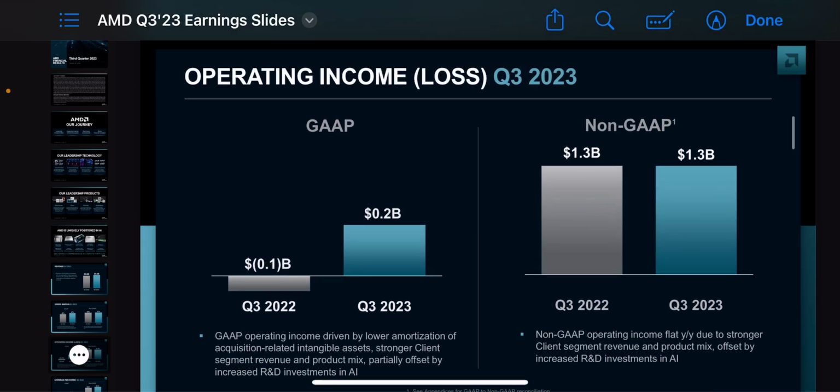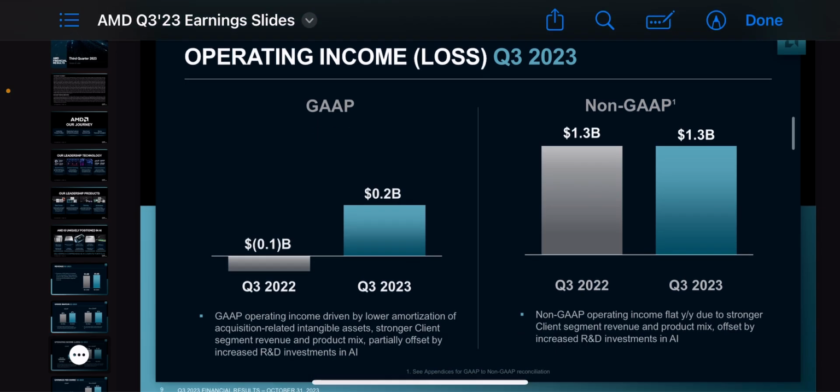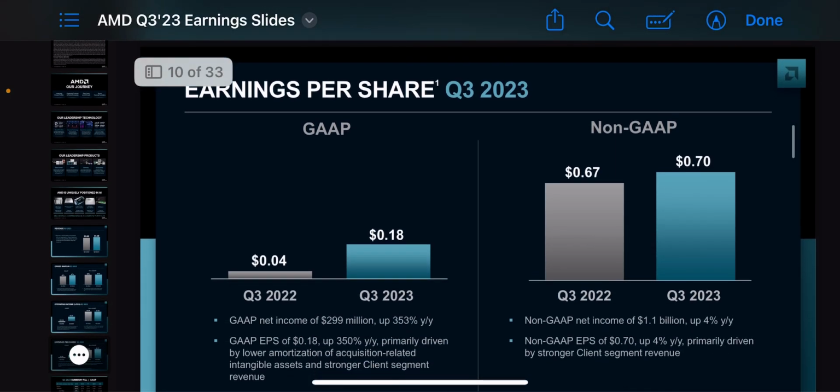And operating income, Q3 last year for GAAP was a loss, and then non-GAAP was flat. It's a break even, so that's pretty good. GAAP was not a loss for this year, only 0.2 billion. If we look at earnings per share, GAAP 18 cents versus 4 cents last year, and then non-GAAP 70 cents